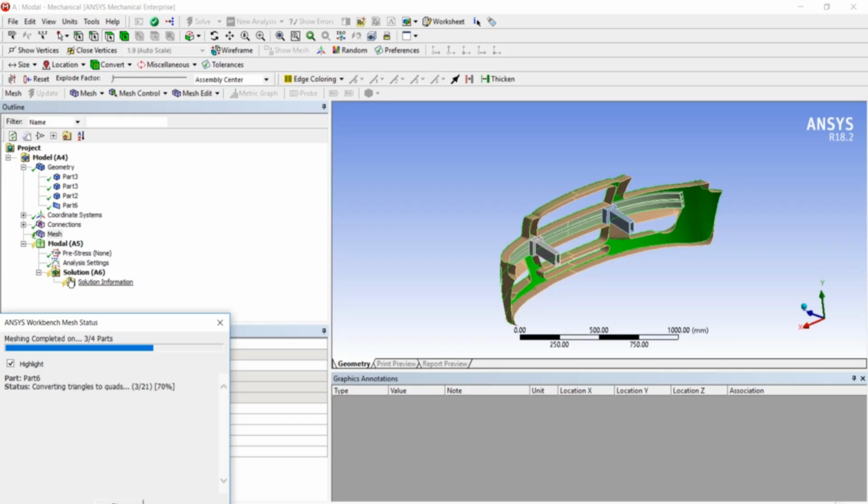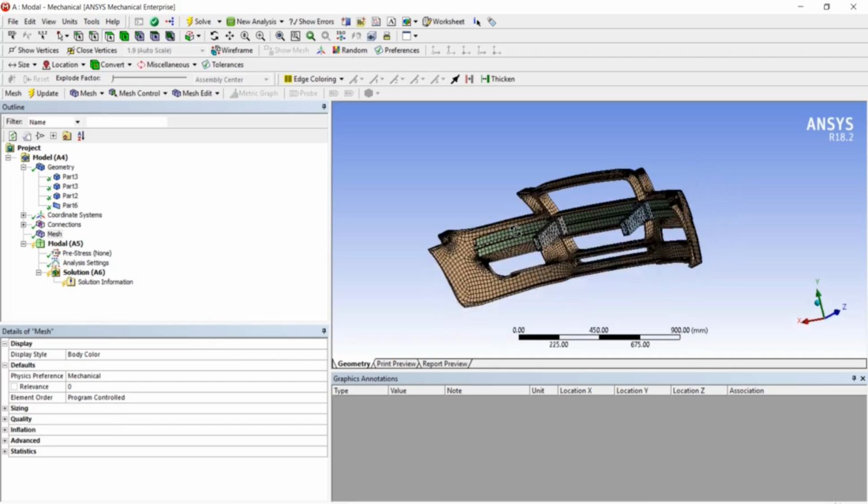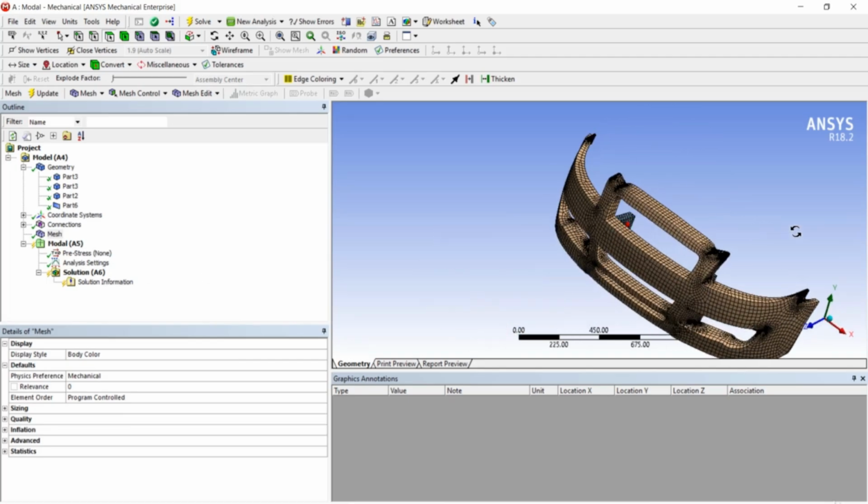It will take a little bit of time because it's a bigger model, as well as a hybrid model. So it will take a little time to mesh and complete all the parts, due to the curvatures as well. It has a lot of curvatures, so it has to complete every area. Now, as the meshing is done, see, even with the default meshing you have got a very good mesh,